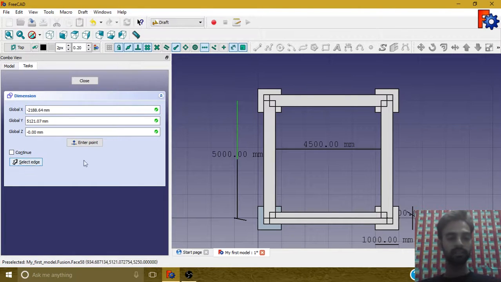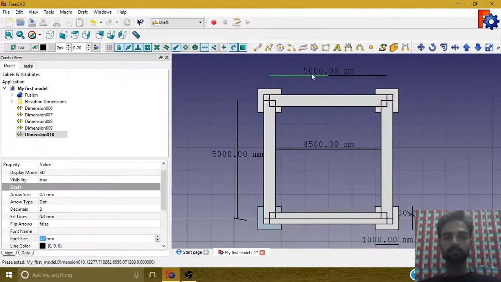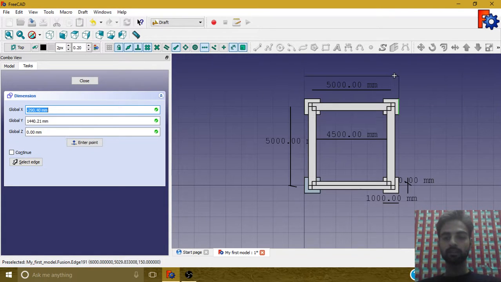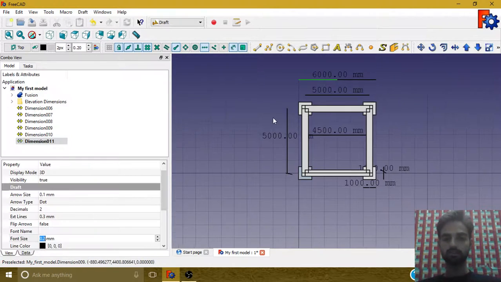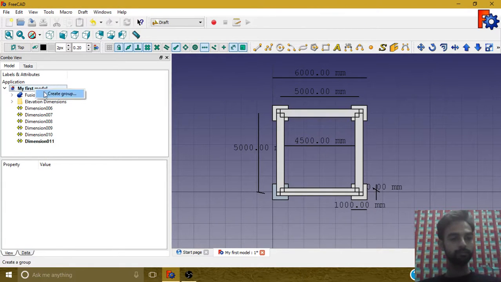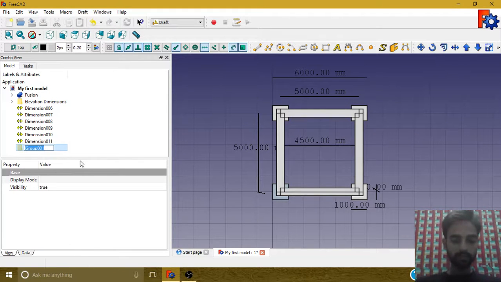Simply select the edge. And this is the clear width of the structure. Now again, create a new folder here. Rename it as plan dimensions.